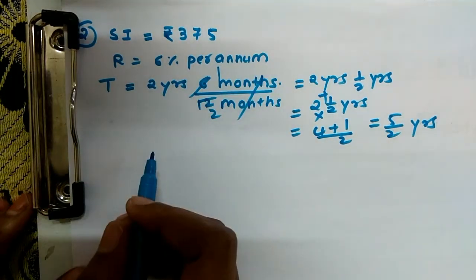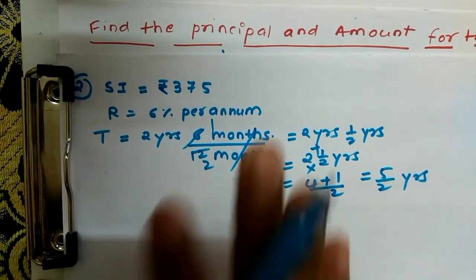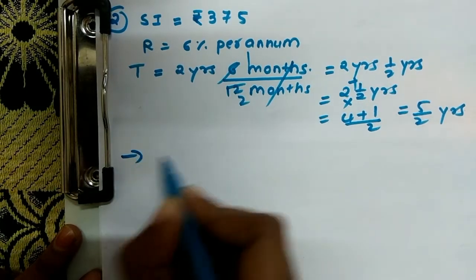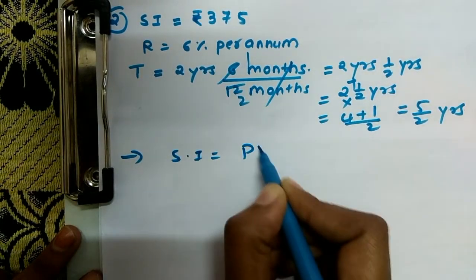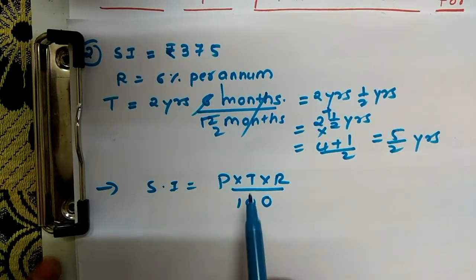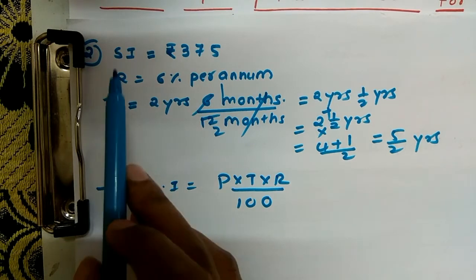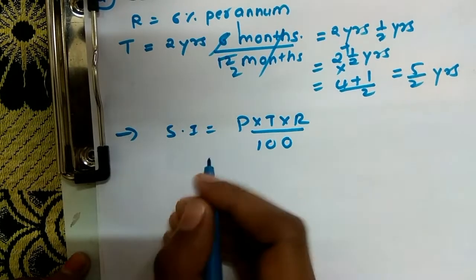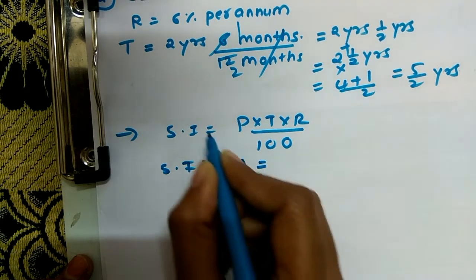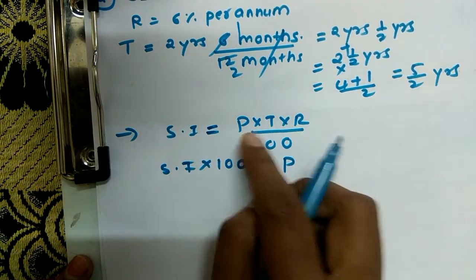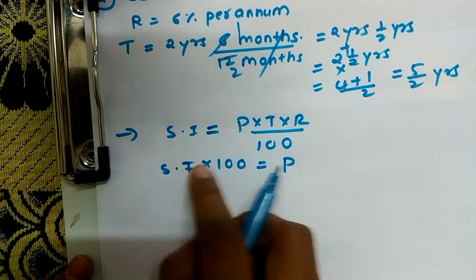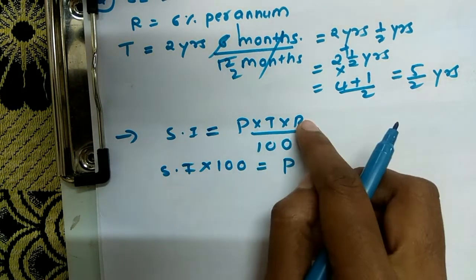Now we have to use the simple interest formula, because in the simple interest formula we have the principal. You can see here the simple interest formula, SI equals P into T into R upon 100. So to find P, we should know T, R and SI. We have T, we have R and we have SI. So SI into 100 will come to this side because we want to find P. So make P free from T, R and 100. The 100 I shifted to this side, so it became into, because here it is divided. T and R here are multiplied.